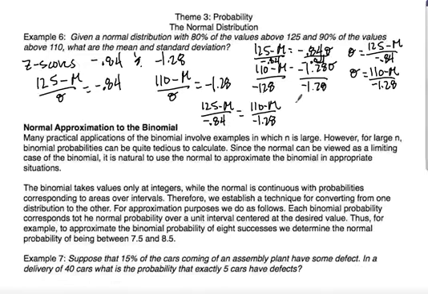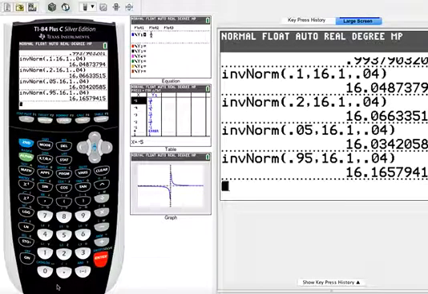So you could cross multiply, because you've got two fractions that equal each other. So you could say 125 times